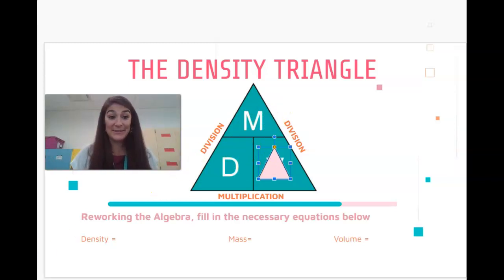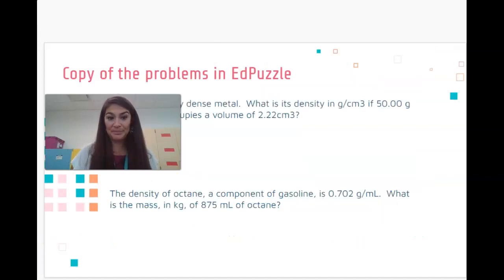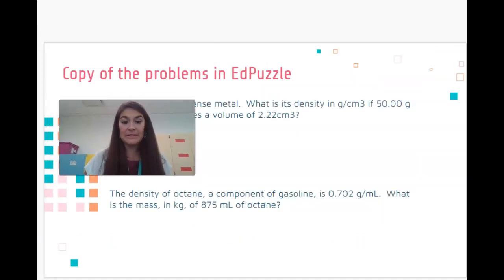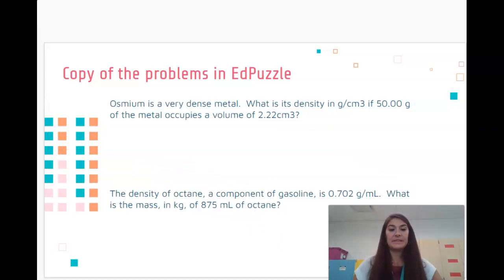So let's take a look at a problem. All right, so for this first problem, it says, osmium is a very dense metal. What is the density in grams per centimeter cubed if 50 grams of the metal occupies a volume of 2.23? So to set this up,